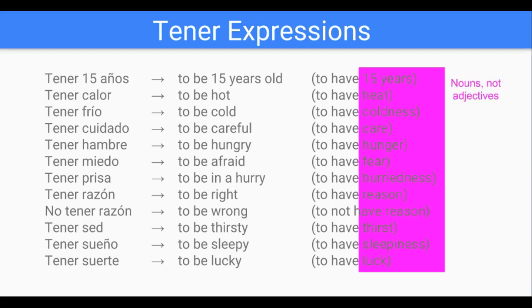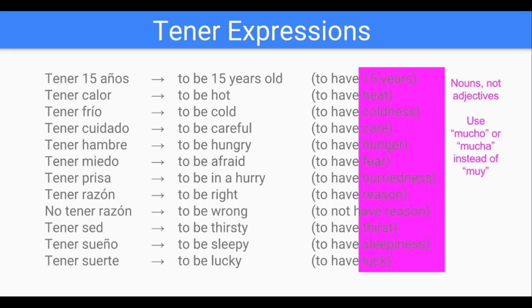So like I just said, these are nouns, not adjectives. That means instead of saying muy to express that someone is very hungry or very thirsty, we use the words mucho or mucha, because what we're literally saying, if I want to say that I'm very hungry, I'm literally going to say I have a lot of hunger or I have much hunger. So the phrase would be yo tengo mucho hambre. If you were to say yo tengo muy hambre, people would probably know what you're trying to say, but it